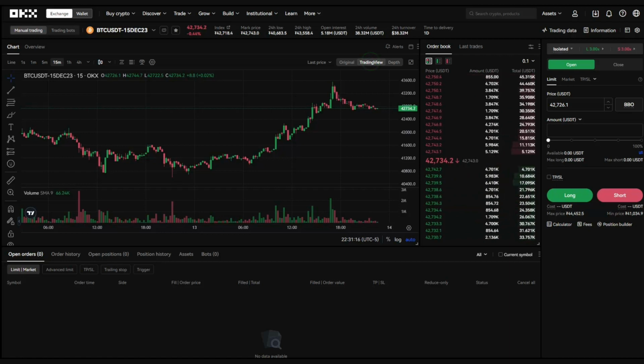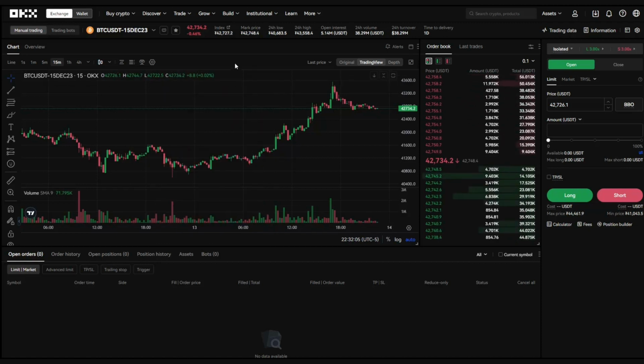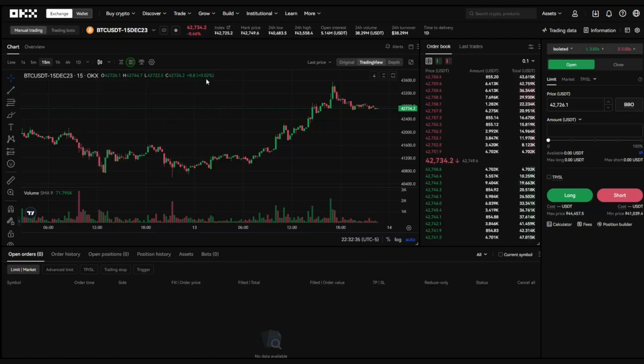Within the chart, you will find all the elements to set it up and be able to analyze it. I recommend you select the Trading View option. On the left side, you will find all the tools to analyze the chart. If you want to add or remove indicators, you can configure them in this icon. Try not to place too many indicators on the chart. Sometimes less is more. In this section, you can edit which time frames you want to use in the candlesticks. Here, you eliminate them, and here you add the ones you like the most. In this icon, you can activate or deactivate some elements. For example, you can activate the floating window of the quick order.